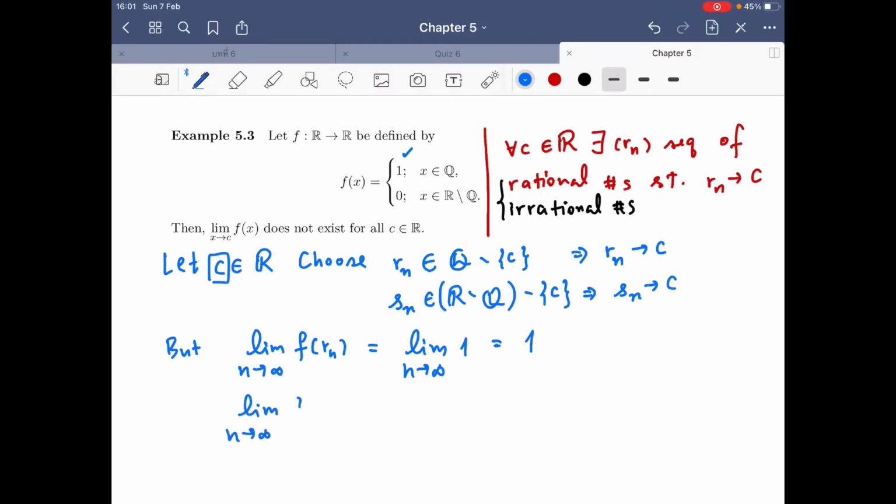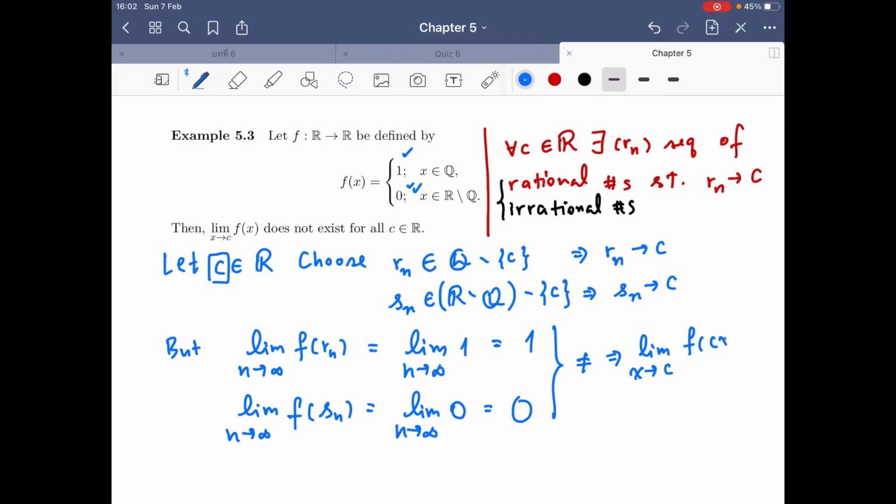And if you look at the function value of the sequence Sn, which is again irrational, it takes value 0, so it is a constant sequence, again the limit goes to 0, so they are not the same. It means that the limit as x goes to c of f of x does not exist,